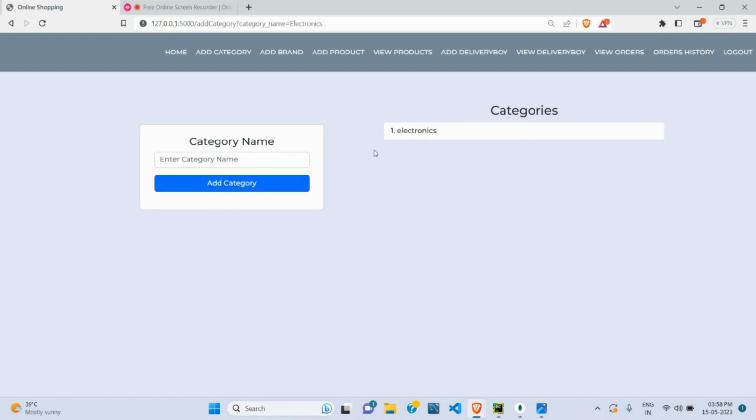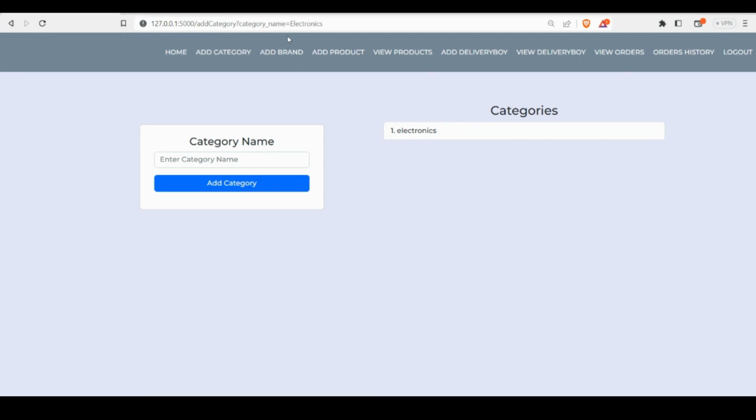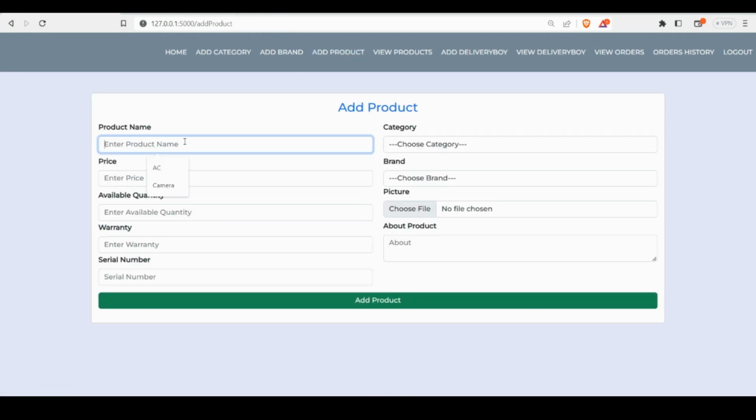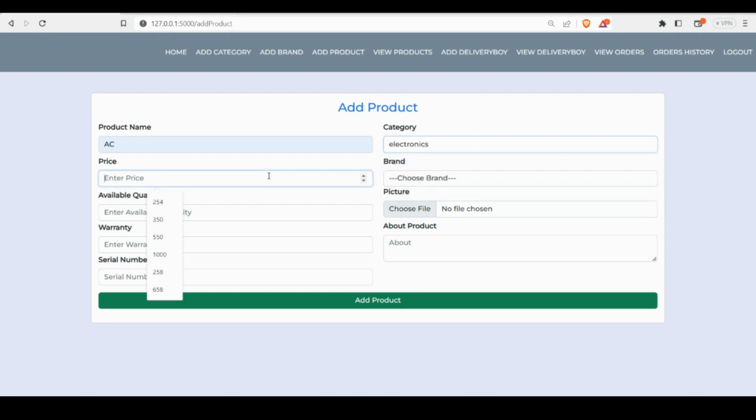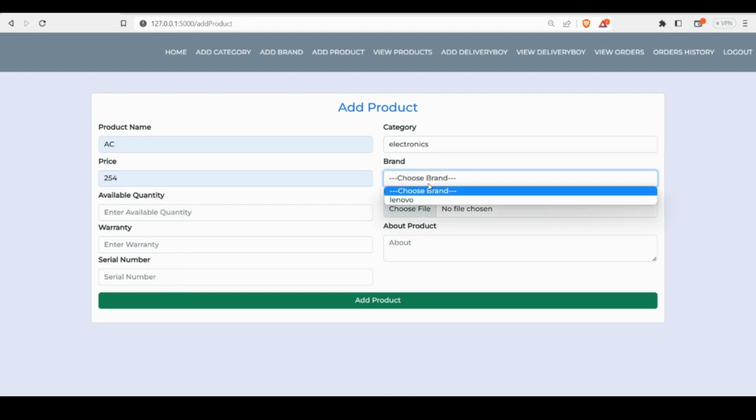The added categories can be seen in this categories place. Now add brand, Lenovo. The added brands can be seen here. Add products. I'm adding the product name as AC. Choose category, price, and choose brand,